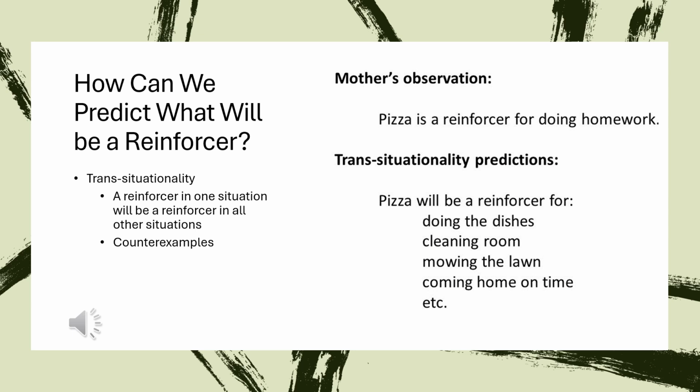However, some reinforcers may work across multiple contexts. This is not true universally. There are several counterexamples to consider where a reinforcer in one situation may not function as a reinforcer in another. And so we can look at this through social contexts, like praise. Praise from a teacher might be an effective reinforcer for a child in a classroom setting, but could fail as a reinforcer in social situations with peers.